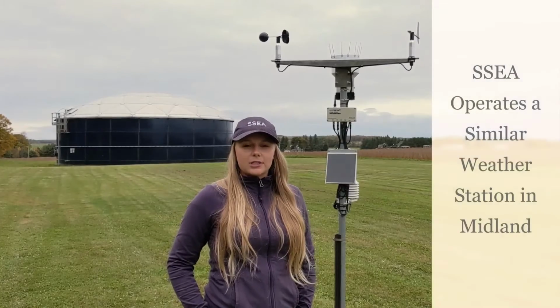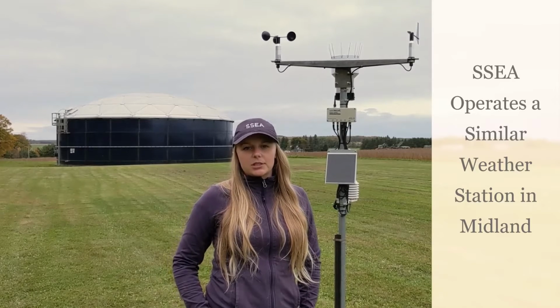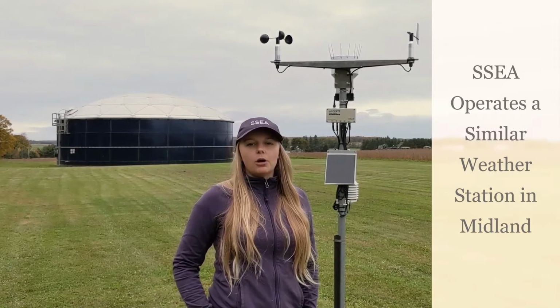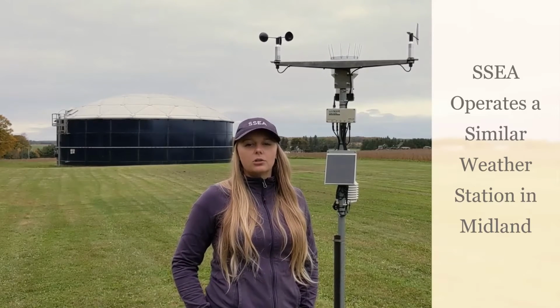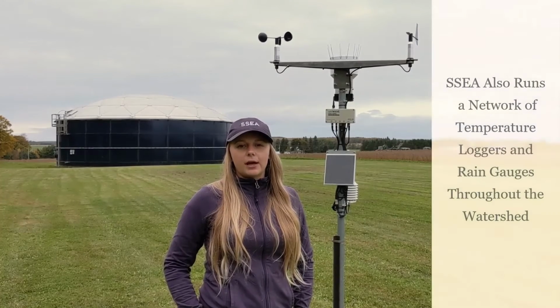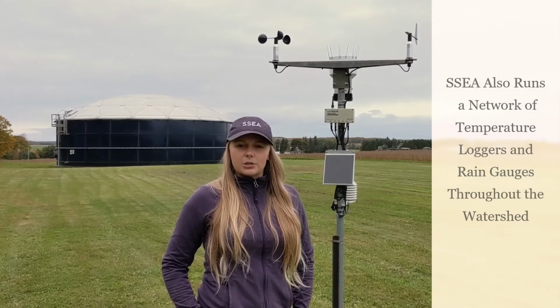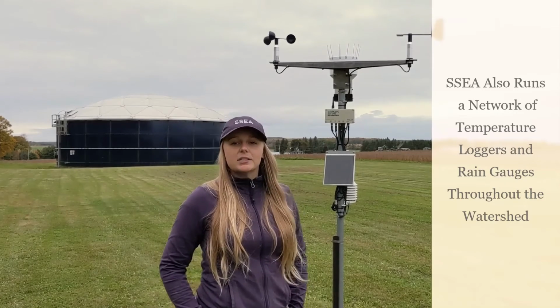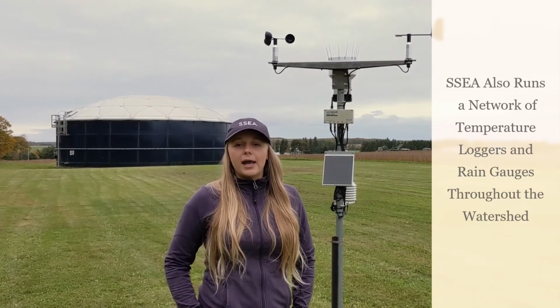As part of Severn Sound Environmental Association's climate monitoring program, SSEA utilizes a network of weather sensors to monitor long-term environmental and climate trends in the Severn Sound area. This data is essential to analyzing and predicting trends in water quality and climate, as well as stormwater and water